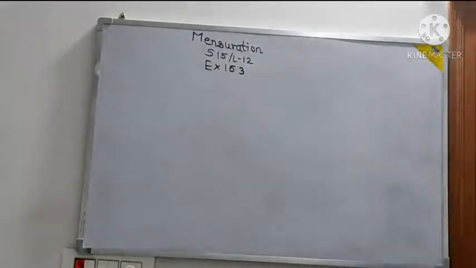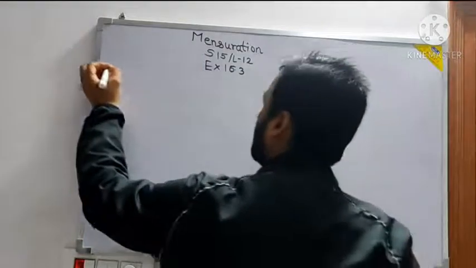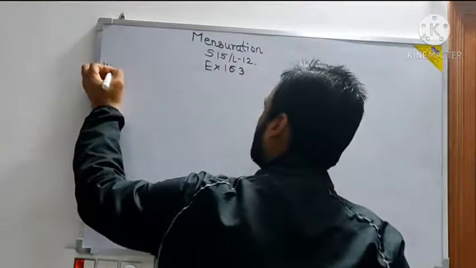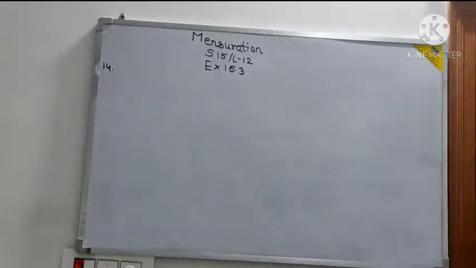So I'm taking up another question, question number 14. Question number 14 is a good question, another good question. Why would I say this? Because the 14th involves different radii. So this also is based on the concentric circles question only. Let me read out what that 14th question is first.